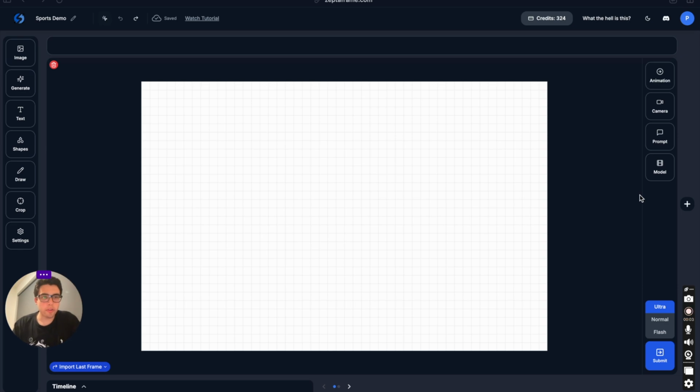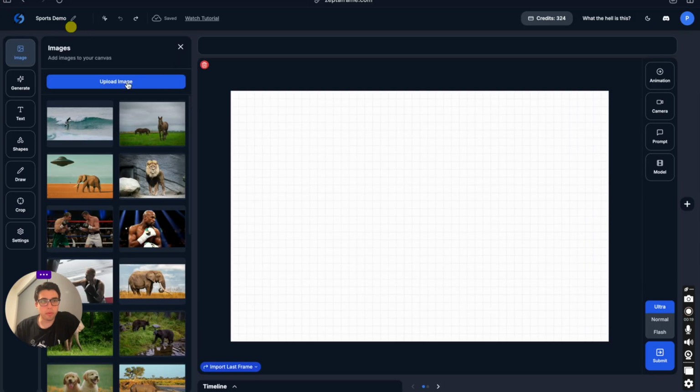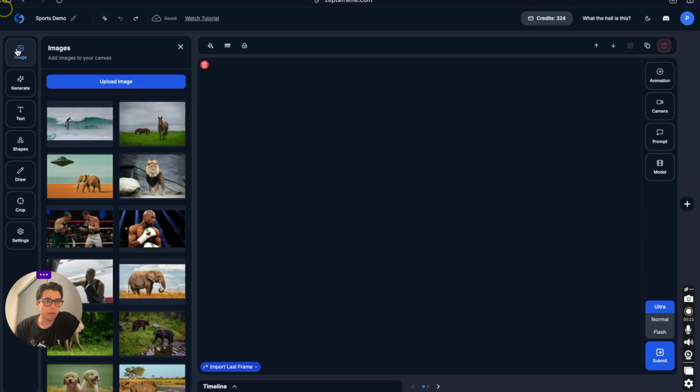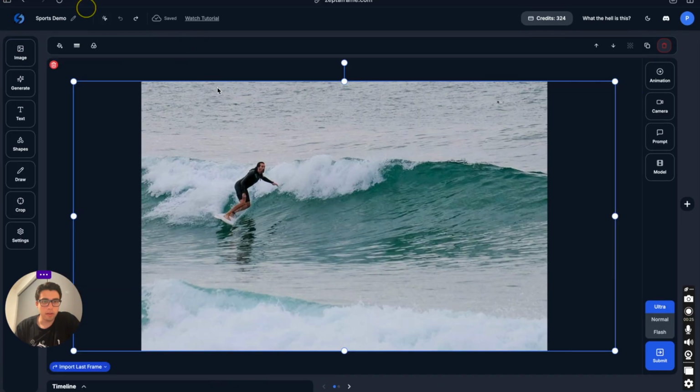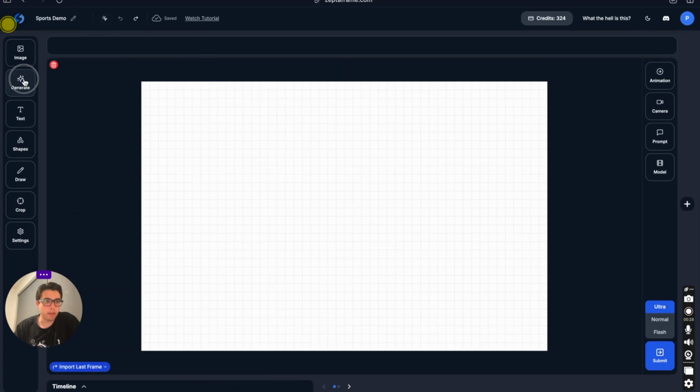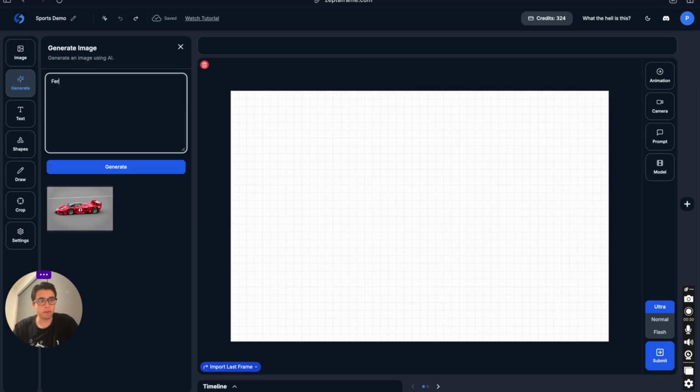Hello all, today I'm going to show how to use Go with the Flow on the web. This interface offers a bunch of features. Most notably, it has a canvas where you can basically create your own first frame. You can import any picture from your laptop or use any that you have already uploaded in the site. You can also generate very quickly